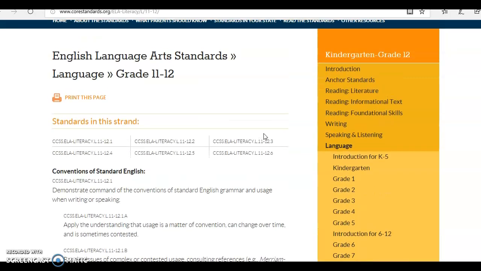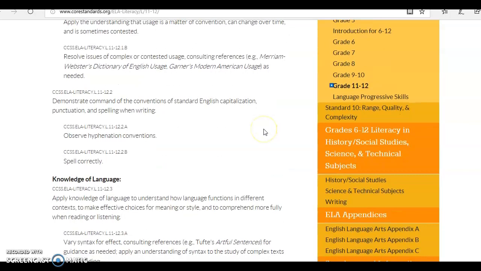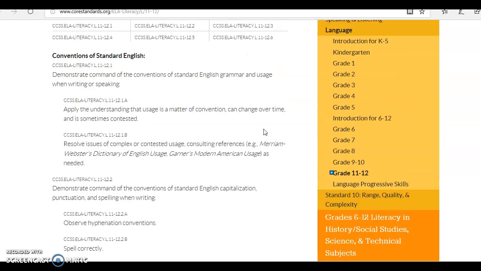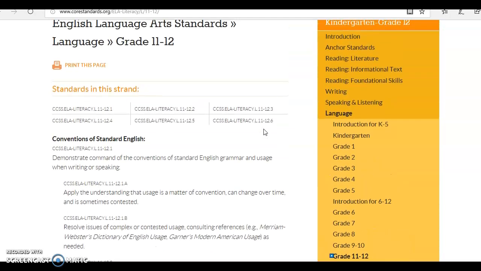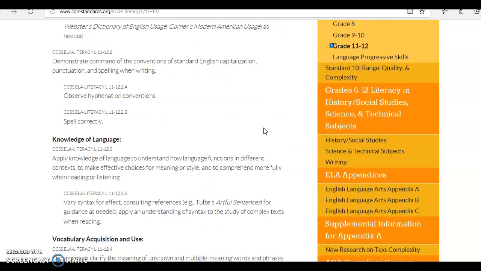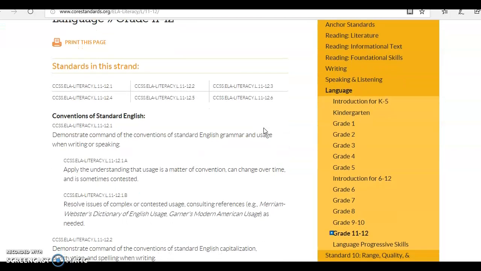I think with these Common Core standards, a lot of them are repetitive, but it's good repetition, because then you have that structure and that stable foundation for children to build off of. And it's not just like, okay, you've learned one standard, you're solid at it, now on to the next. It's like we're going to keep practicing these things, and you're going to become better at using them, and you're going to be proficient at them. And I think that's really important as well, that there's a lot of repetition in the Common Core standards.